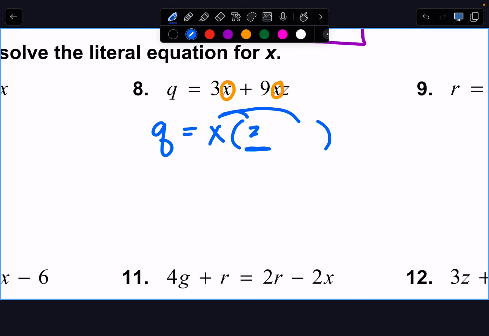I would put 3 plus, what would I put right here? 9z. Do you see how I have x times 3 plus 9z? And now I only have x written one time. Interesting. How is that parentheses tied to x? It's being multiplied. So in order to undo that multiplication,